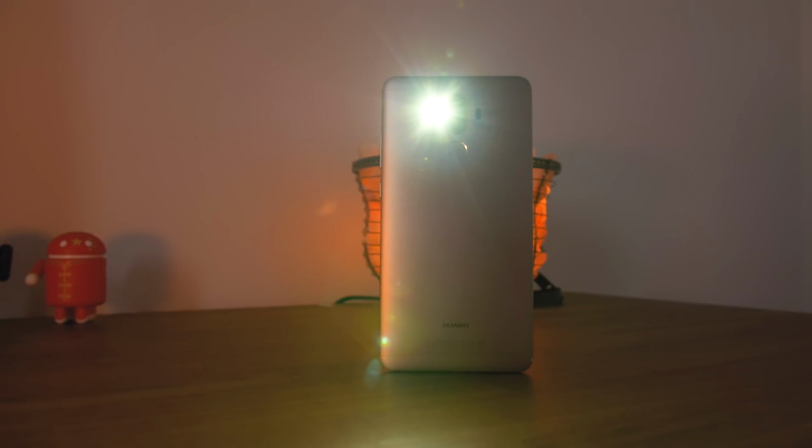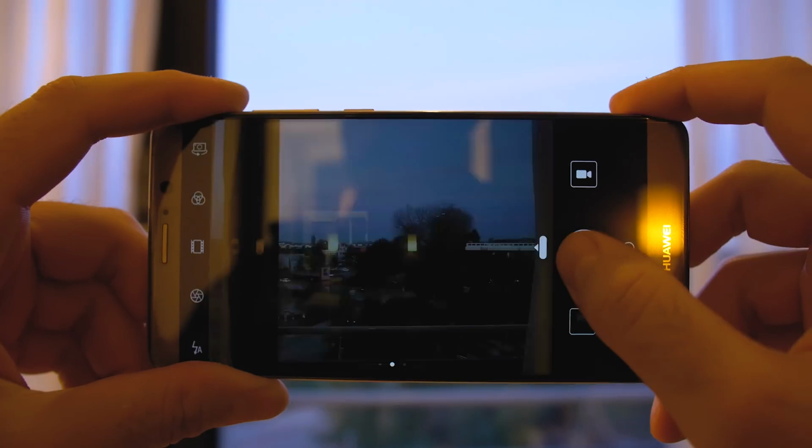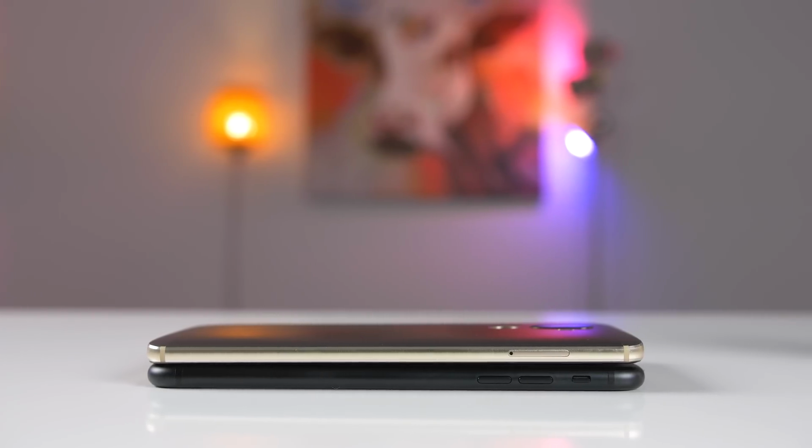It's the same concept, one 12 megapixel RGB sensor with an aperture of 2.2, and the other a monochrome one. The big difference this time is that the monochrome sensor has been bumped up from 12 megapixels to 20. This means you're going to get a lot more detail in your images. Now, I did put this up against the iPhone 7 Plus, and it did do a better job in some